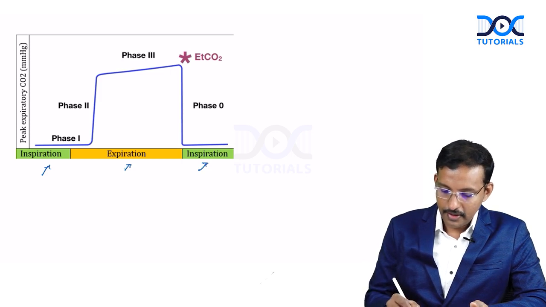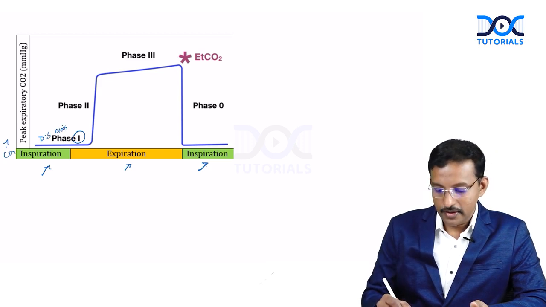In the expiration, you have phase 1 where the carbon dioxide exhaled is minimum, because this is the dead space air, and then you have a phase 2 which is actually the alveolar air coming out, and then you have a plateau phase which is again alveolar air,